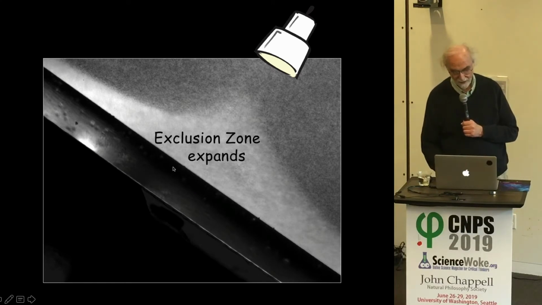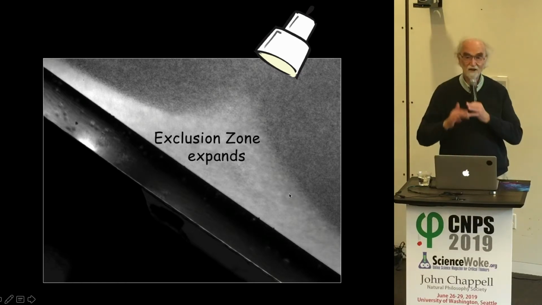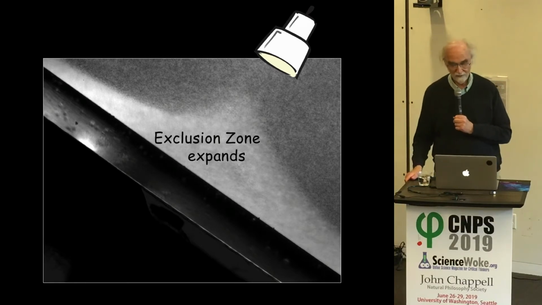This is original data. So he's shining the lamp. This is a piece of Nafion sitting here. This is an exclusion zone, and all the microspheres are here. And usually the exclusion zone runs straight along here, a narrow band, or wide, depending on your scale. And when he was shining the light, he could see the exclusion zone growing. And then I suggested to him, well, remove the light. And when he removed the light, it collapsed back down. It took a time constant of some tens of minutes, but it went back to the original.